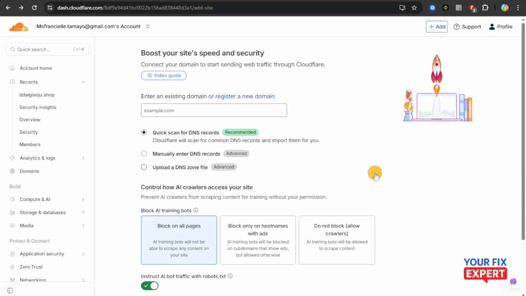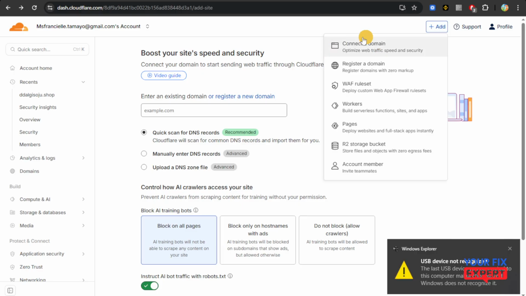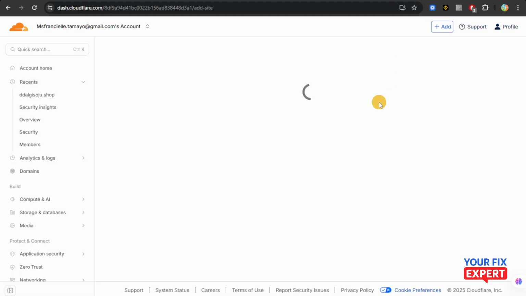This is how you're going to add domain in Cloudflare. First, you're going to create or log in to your Cloudflare account, and then you're going to click on add at the top right corner. You're going to select either connect a domain or register a domain. So for me, I already have an existing one from Hostinger, so I'm just going to click on connect a